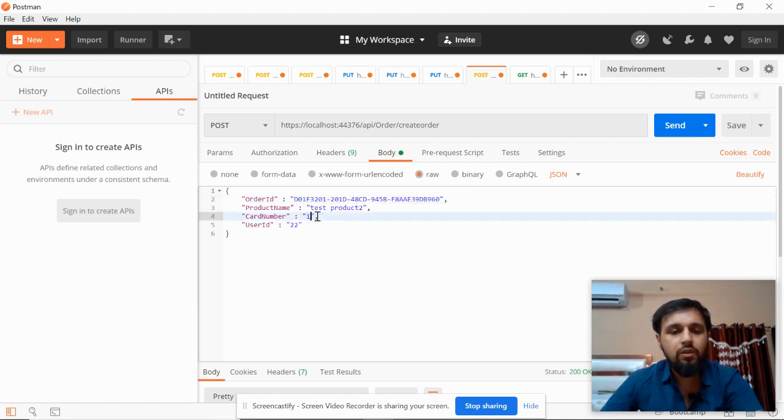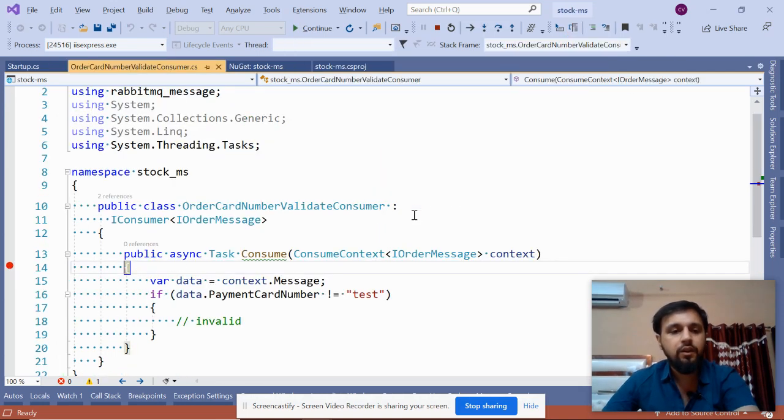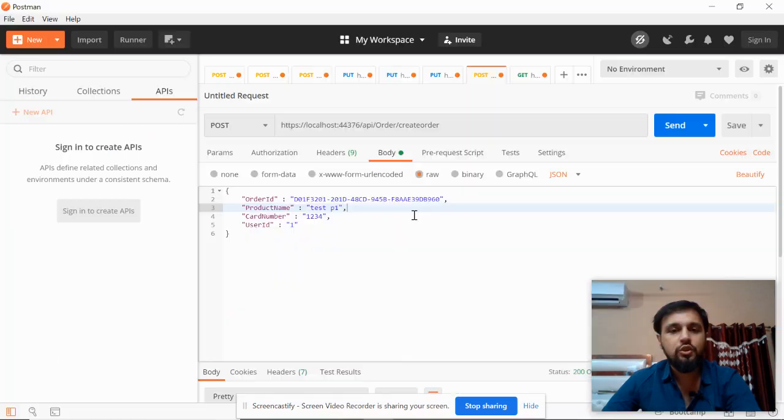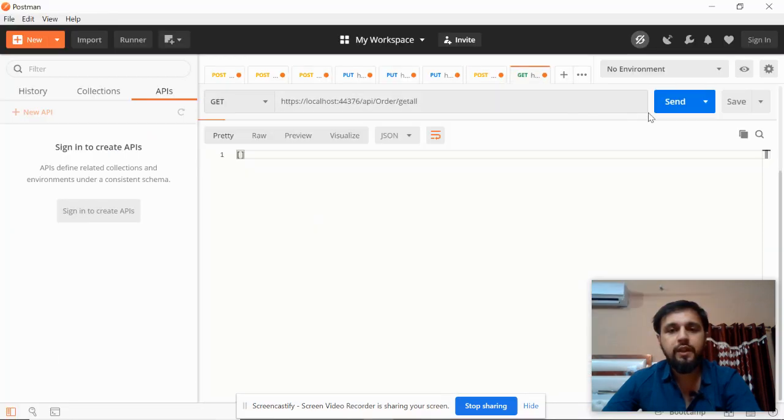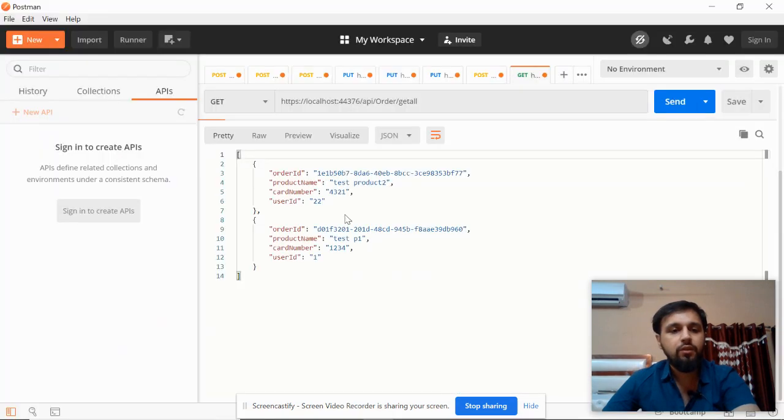Maybe we can put 1 2 3 4 and one test product. Press F10. It will save, and then it will go to microservice 2. Now call this get method. This time instead of an empty array, we should have two records. We have the two records, right?